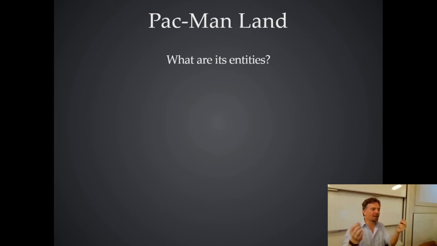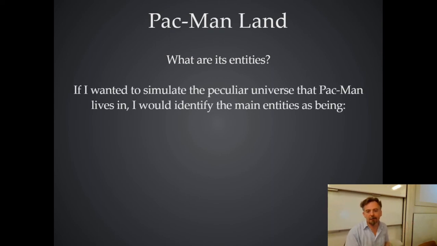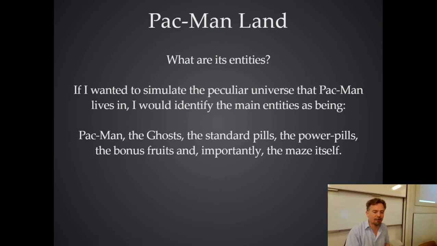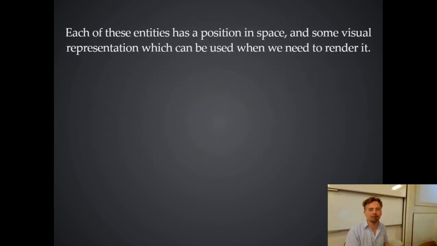There's an old phrase about carving nature at the joints. When you're analysing a system, you've got to decide where you want to place the boundaries on a thing. And part of it's taste, and it's something you get experience with over time. But you've got the right idea. If you were making Pac-Man, you'd say, right, we need a Pac-Man, and he's got his position and his velocity, and he's got behaviours like being able to eat stuff and collide with stuff, and so do all the other things. So you've got the pills and the maze, the ghosts.